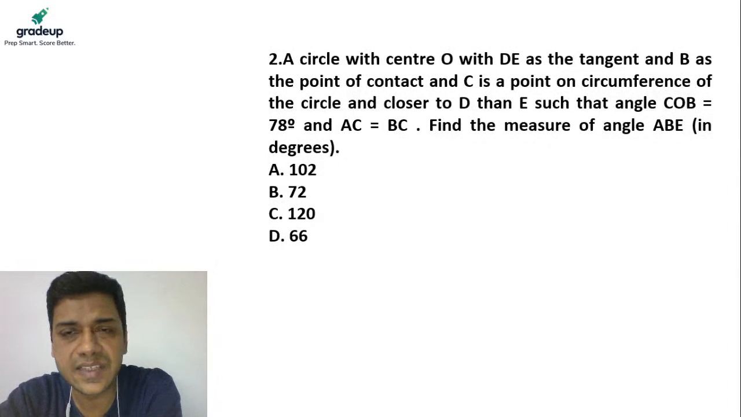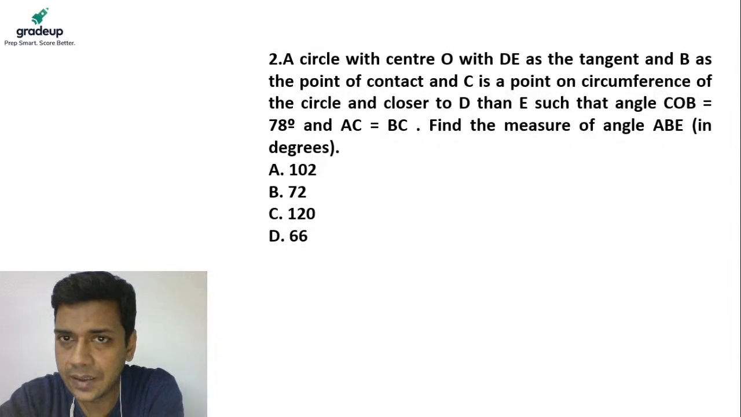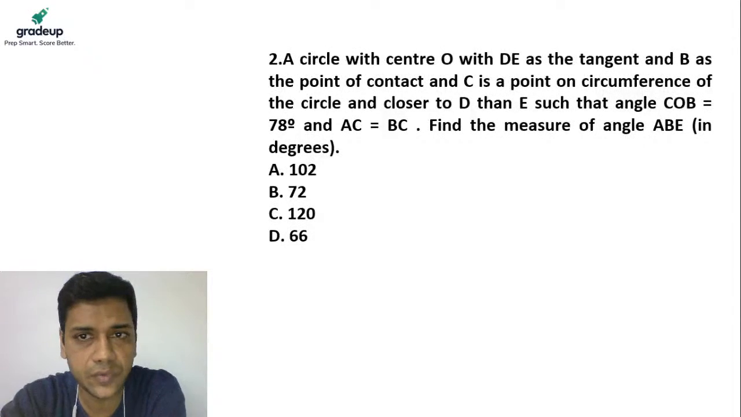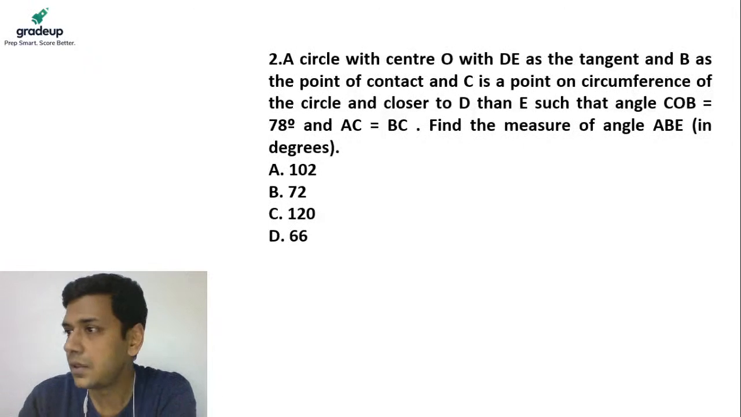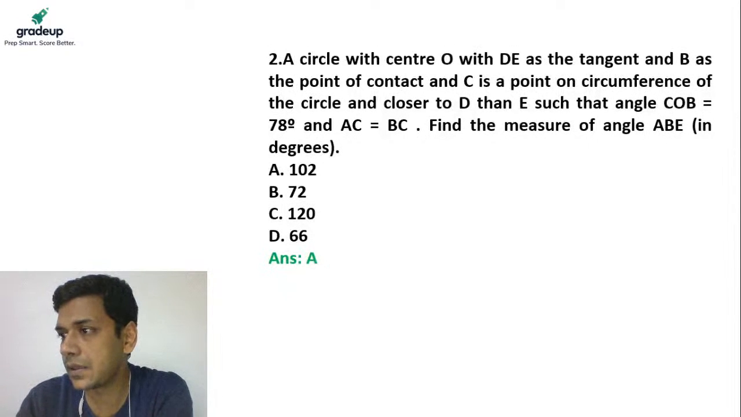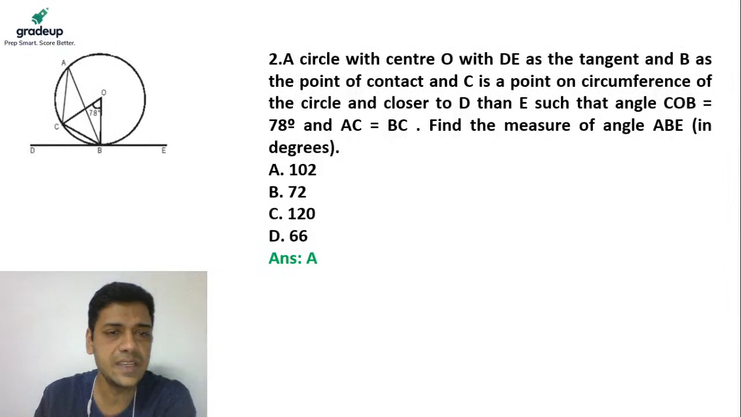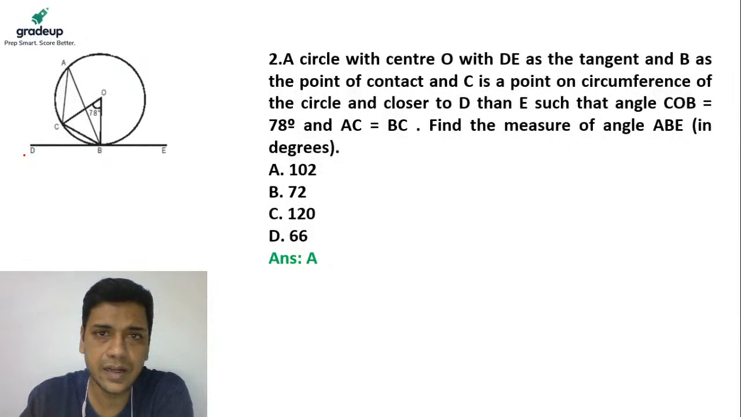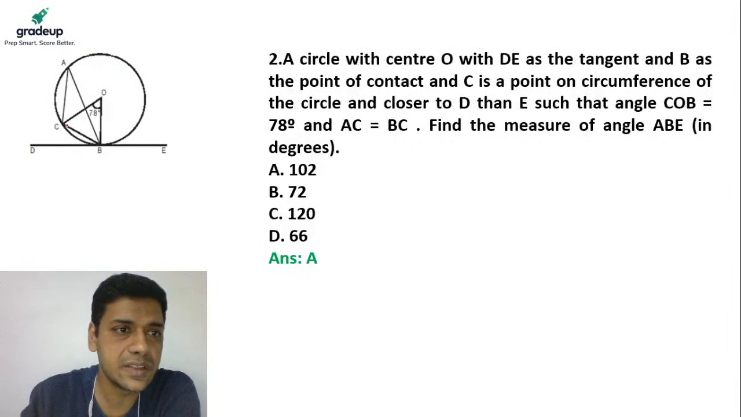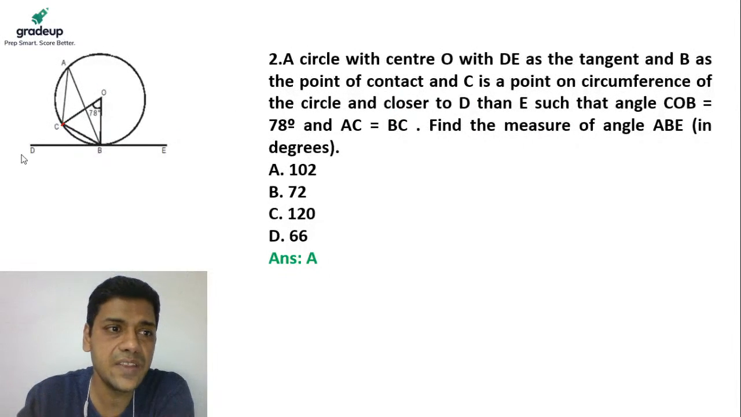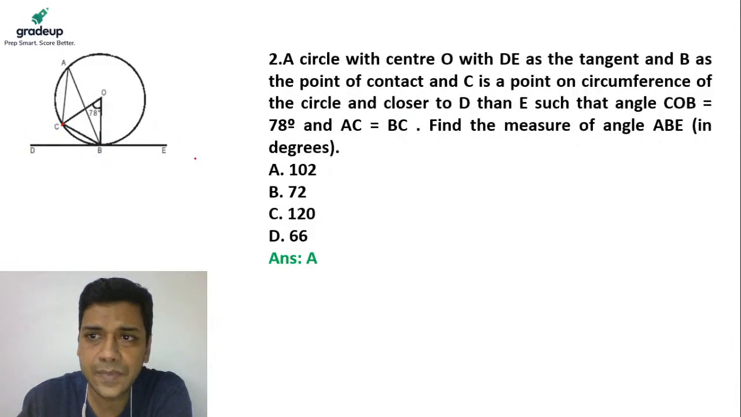Okay, in a circle with center O, with DE as a tangent, B as a point of contact, C on the circumference. So the question is, there is a circle with O as the center, DE is one of the tangents, B is a point of contact, and there is a point C on the circumference which is closer to D than E,